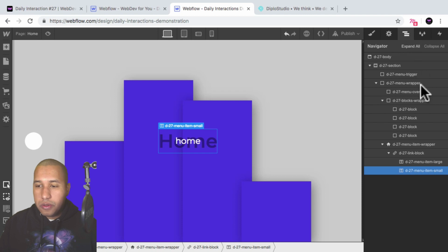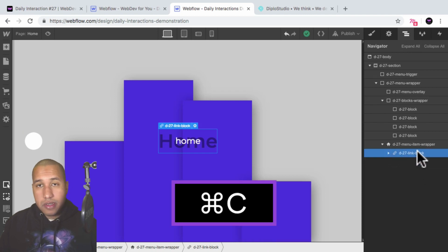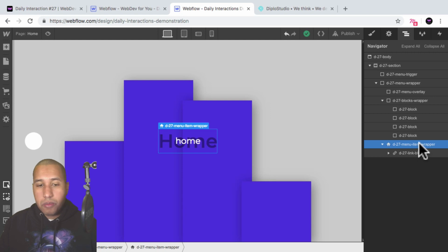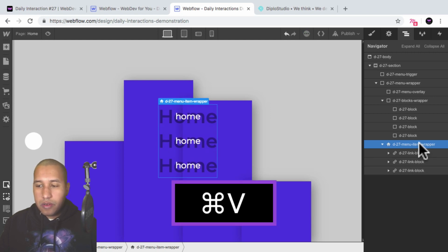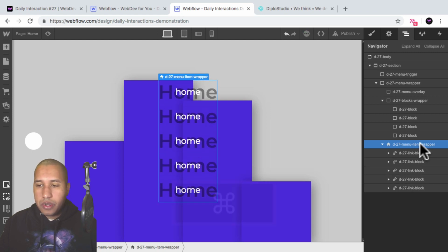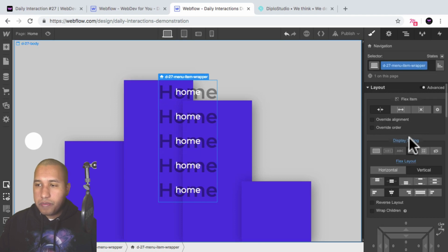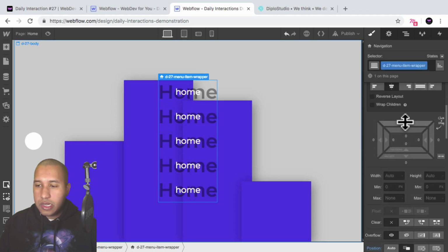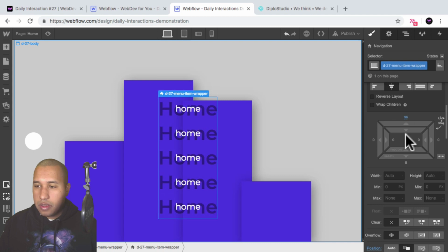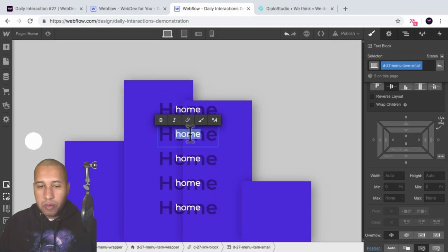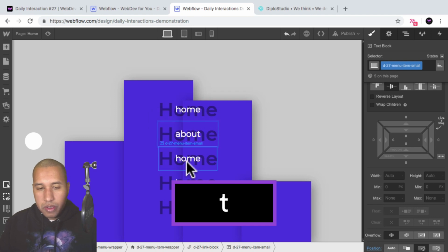So now what I can do is select the link block. So I'll select it here, hit Command C to copy, and in the menu item wrapper, I'll paste 4 more times, so we have 5 menu items. And I'll give the menu item wrapper some top margin, so it goes a little bit lower, maybe something like 100. All right, so let me double click inside of here and rename it to home, about, services,